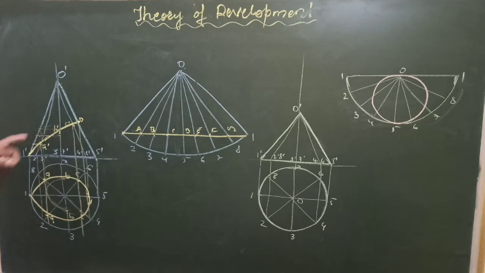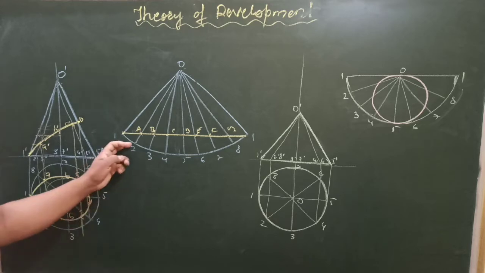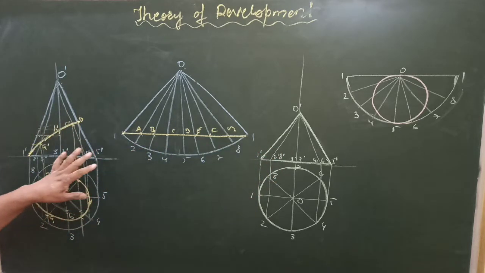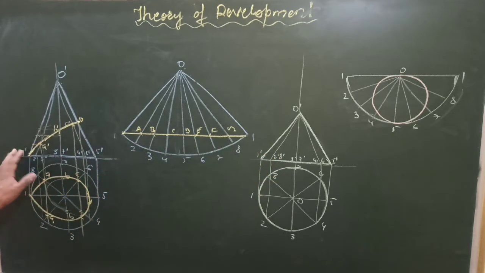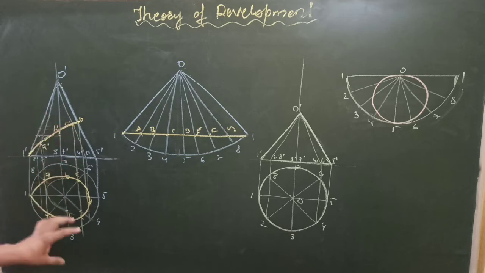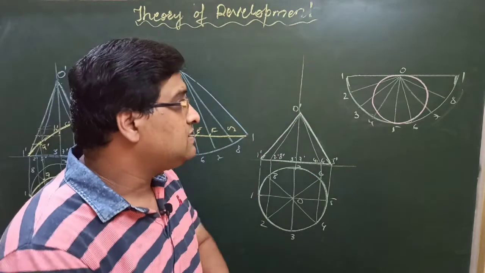Like this. So these two yellow lines represent the path of the insect which has been traveled by it, and it is the shortest path. So in the front view and top view we have to show this distance. The second question is also like this.